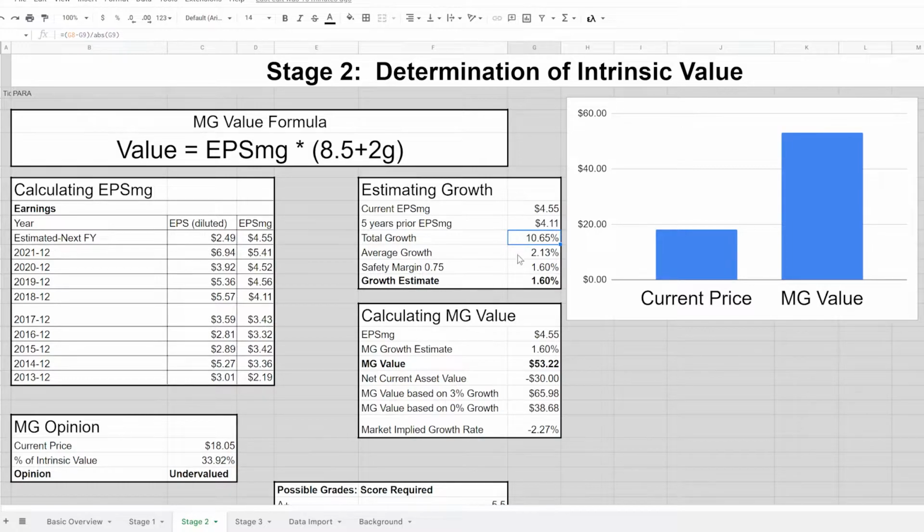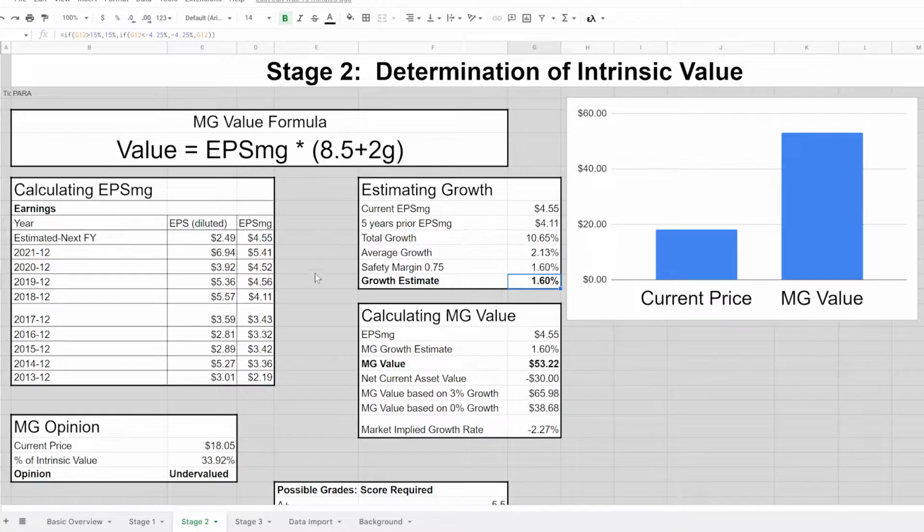Divide that by 5 and we get an average growth of 2.13% each year. Then we have a safety margin of 0.75. So the growth is capped in this case at 1.6%. That is because growth is such a key figure in this calculation that you want to be extra careful with